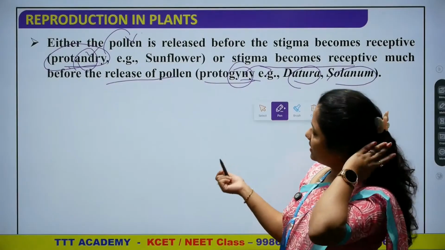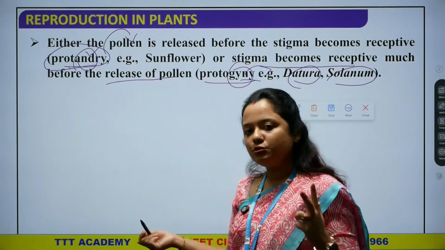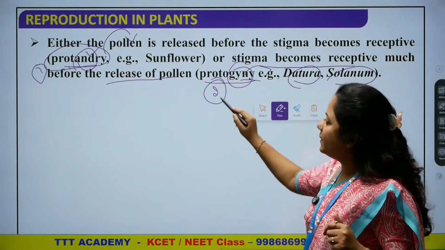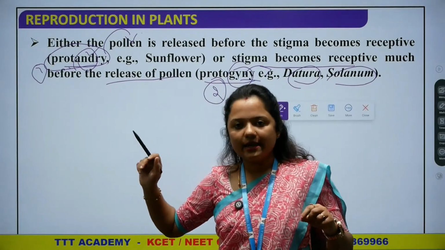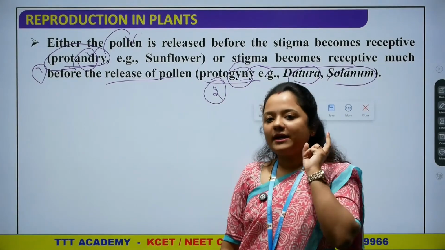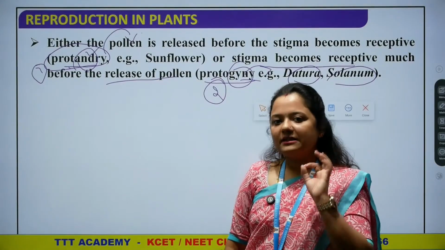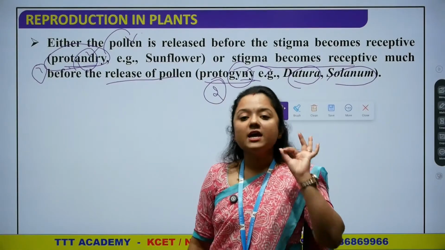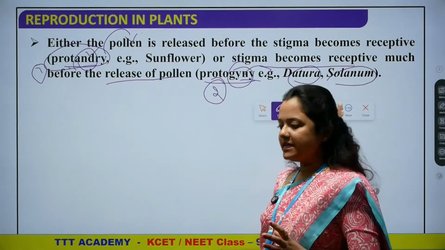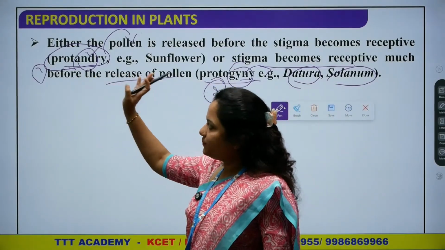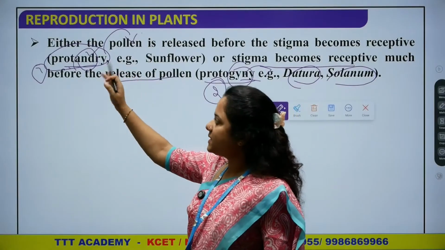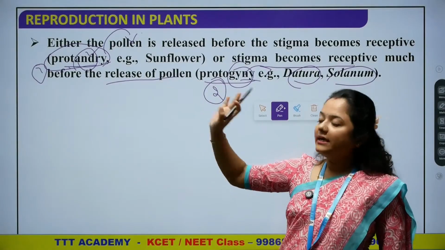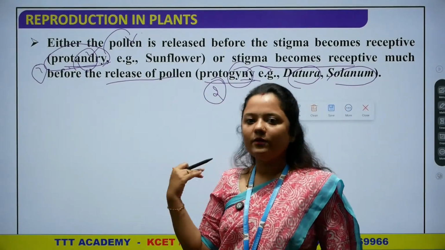So simple. You can differentiate dichogamy into two types: protandry and protogyny. Protandry and protogyny are the two conditions of dichogamy. Again, I keep repeating that the examples are very important, because this chapter is full of examples for each and every type. So remember the examples correctly. Protandry and protogyny you can easily remember, the word itself is given here. Andry, pollen is active, pollen is ready. Gyny, protogyny means the gynoecium is ready. One is not ready.